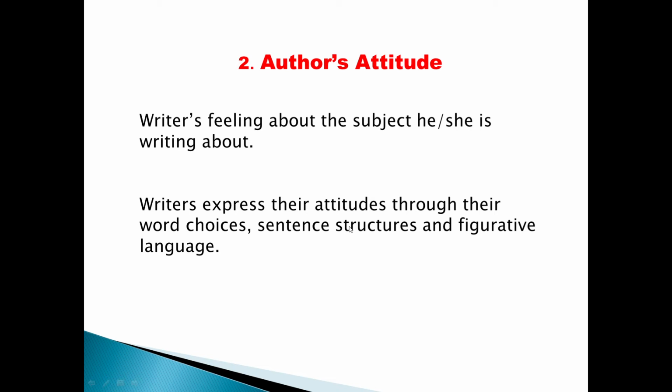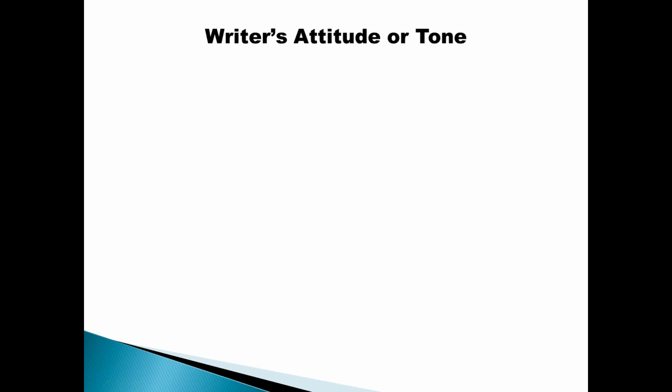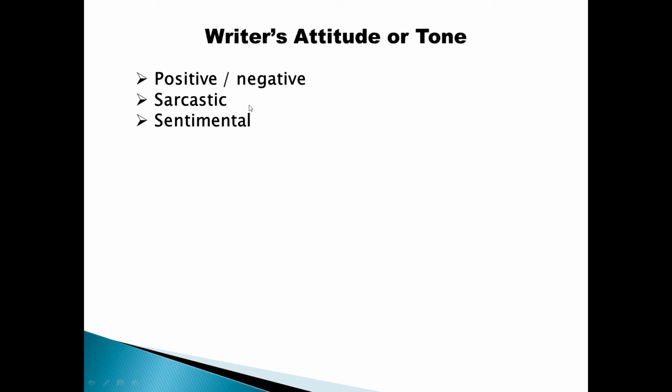Okay. Now, what is the author's attitude? What will be his attitude or tone? It can be a positive or a negative tone. He can either agree to something or totally disagree with something. So he can be positive or negative. He can be sarcastic about something, like irony. Or he can be sentimental about something, like emotional feeling, especially when he's happy. So you can understand when the writer is writing something whether he's sentimental or not. The choice of words will show you whether he's being happy or not, isn't it?